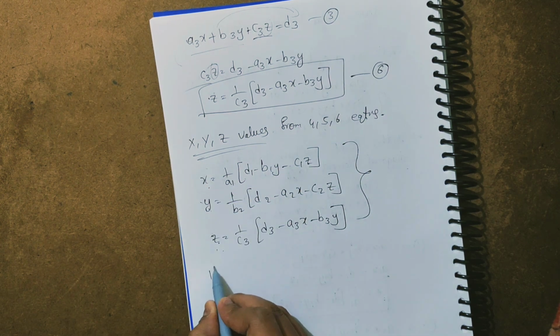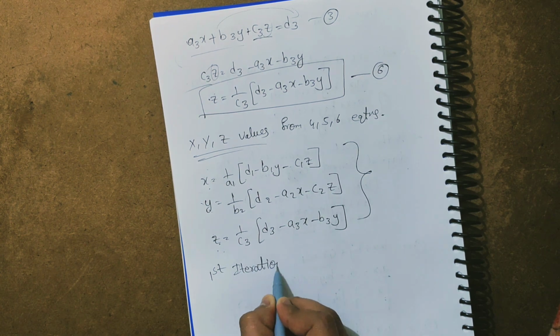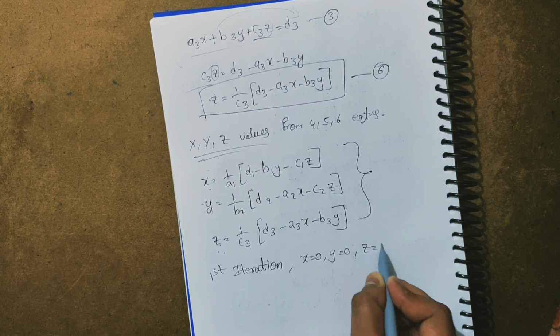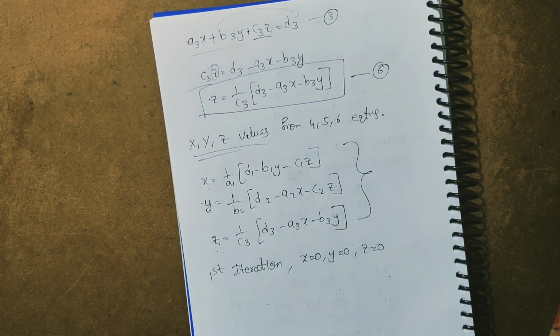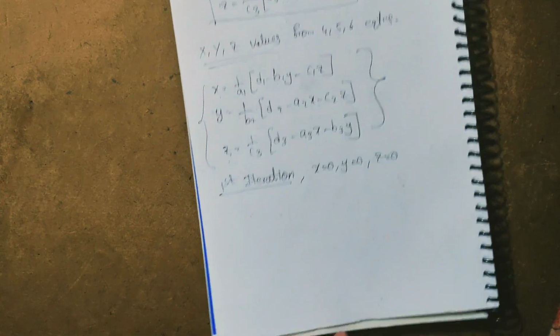We can say as first iteration. For first iteration, we should take x equal to 0, y equal to 0, z equal to 0. Okay. So we can write for first equation, this is the initial equations. For first iteration equations, we will write equations such as